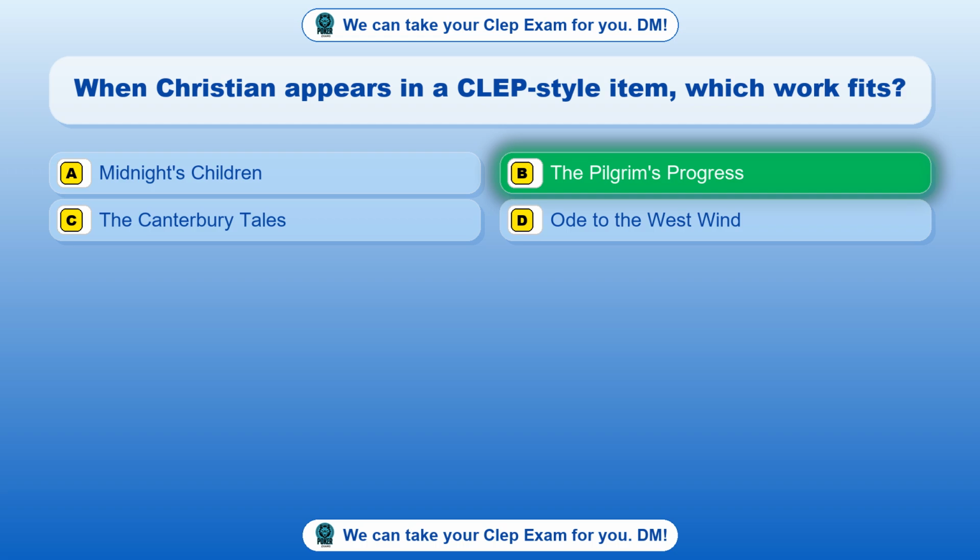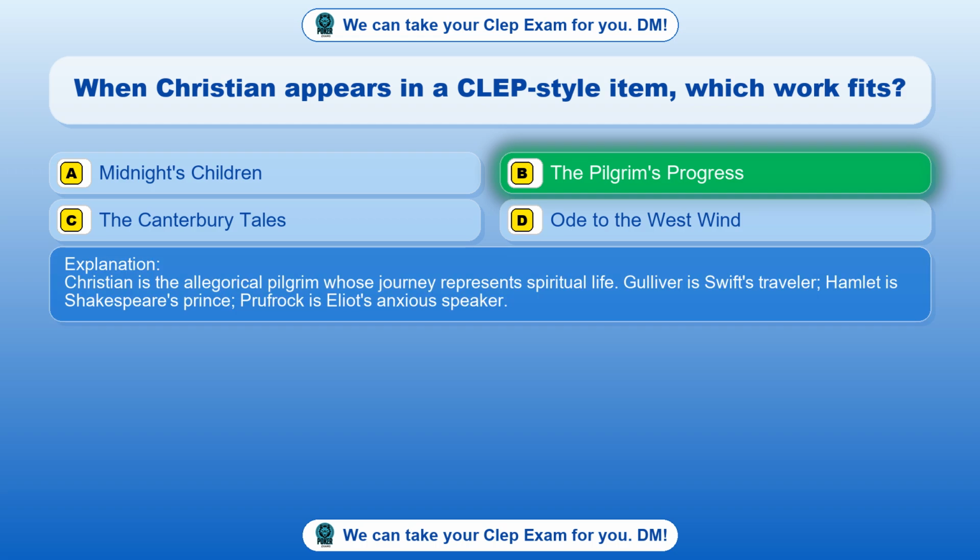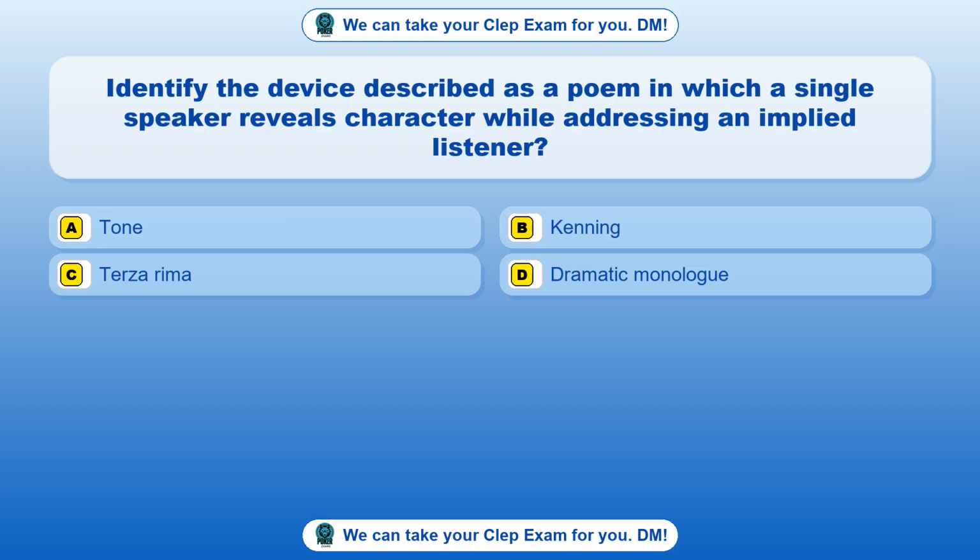The Pilgrim's Progress. Christian is the allegorical pilgrim whose journey represents spiritual life. Gulliver is Swift's traveler, Hamlet is Shakespeare's prince, Prufrock is Eliot's anxious speaker. Question 52. Identify the device described as a poem in which a single speaker reveals character while addressing an implied